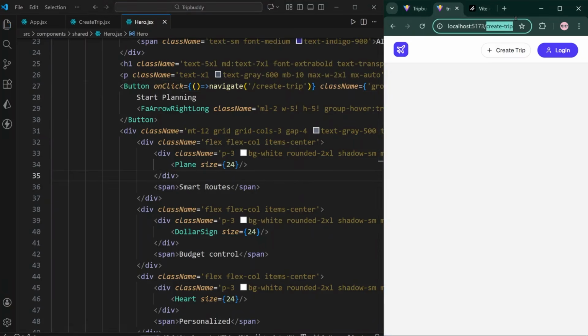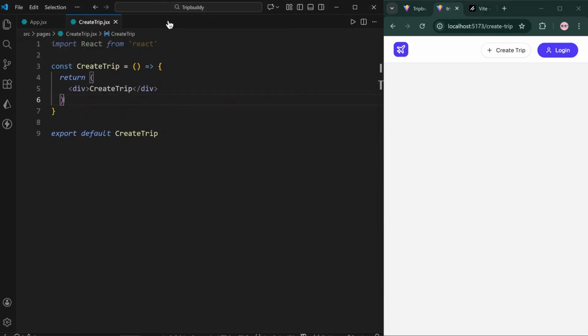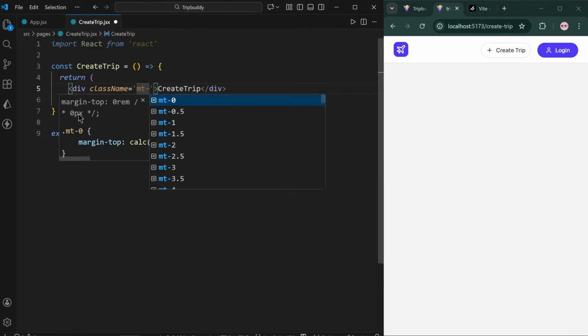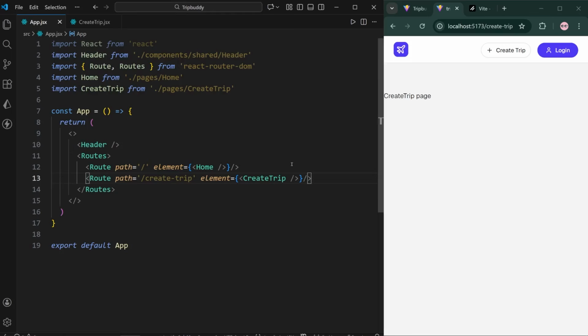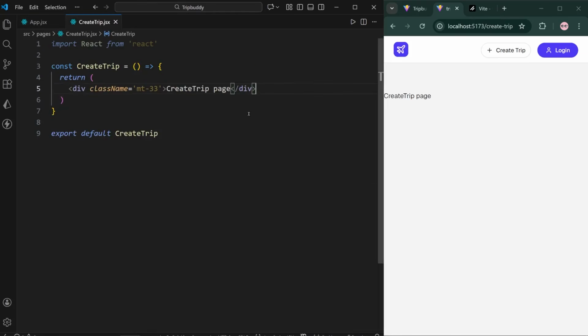And now we are inside the create trip button. Okay. We'll close the hero section, and here we write margin top 33, and here you can see we are inside the create trip page, and here is our route /create trip. This route is coming from here. Okay, /create trip. Okay, now we will create our page, the create trip,